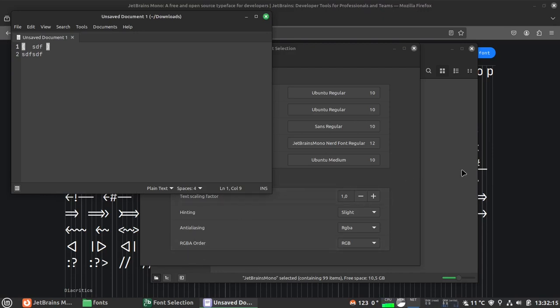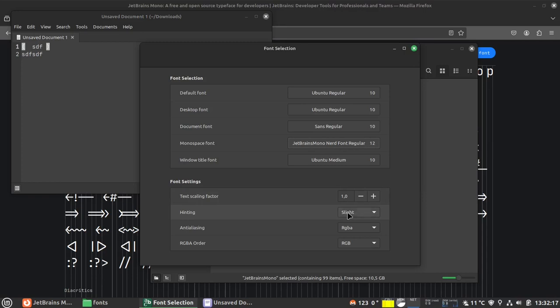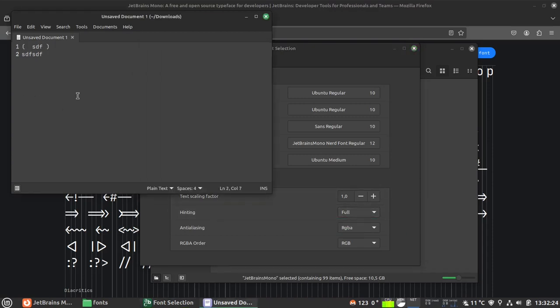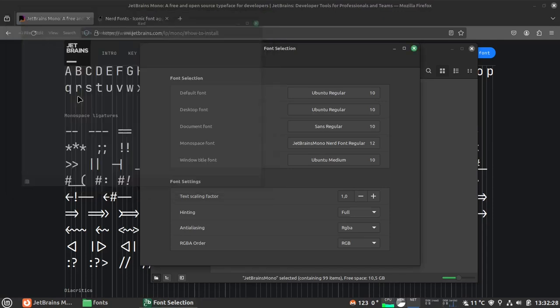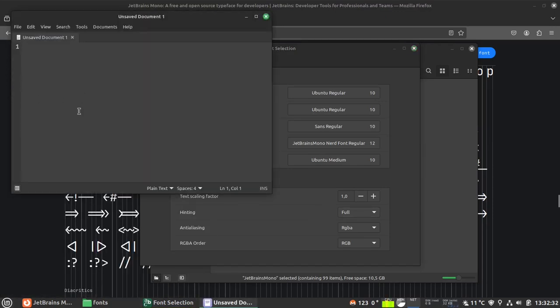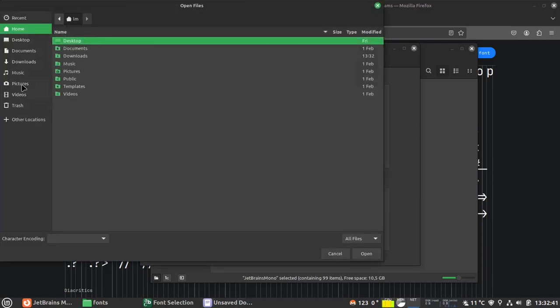And there's one more thing. The hinting, I almost always use set to full. So let me just reopen this. Yeah, okay. Just clicking that made a slight graphical glitch, but okay, everything's fine like this. Just some people recommend doing that,